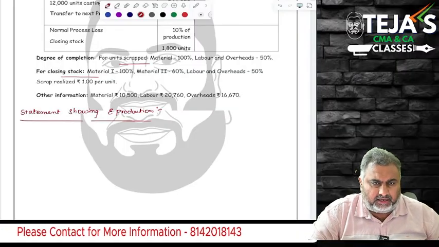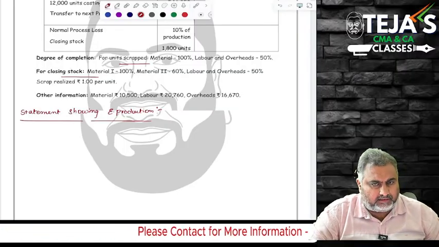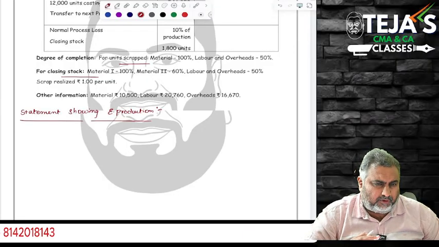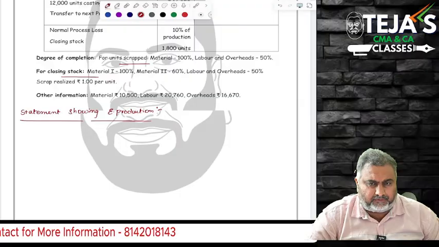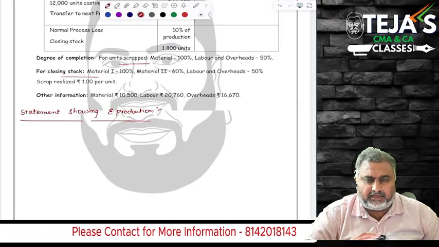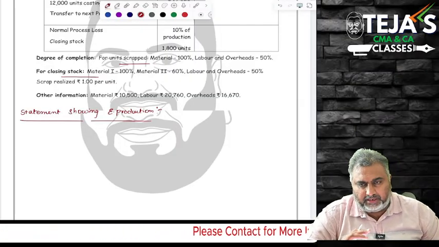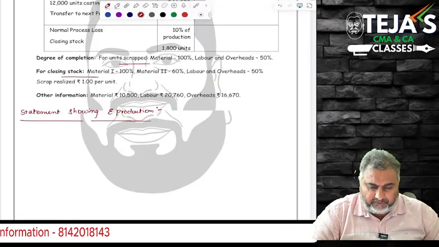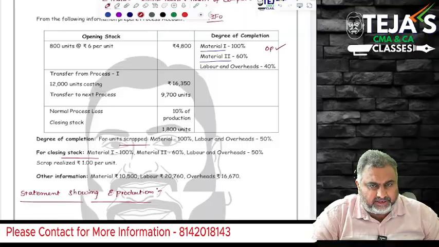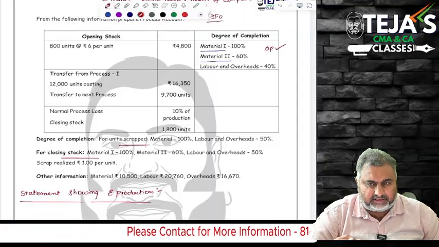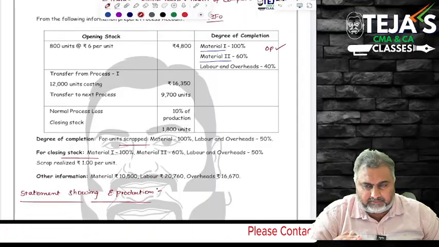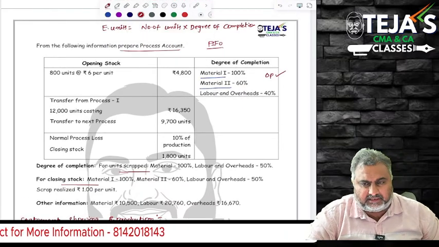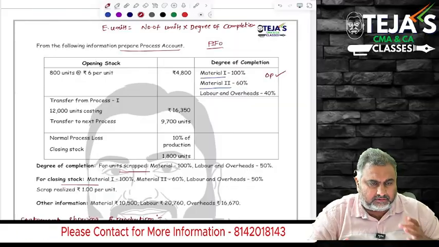In our previous session, if you understood, the amount of opening stock and how much profit was included were provided in the question. If you see that part, you can identify that it is inter-process profit. If you see degree of completions like this, then you can say it is the equivalent production concept they are asking. Just by seeing 'prepare process account', it doesn't mean you should straight away solve those questions,